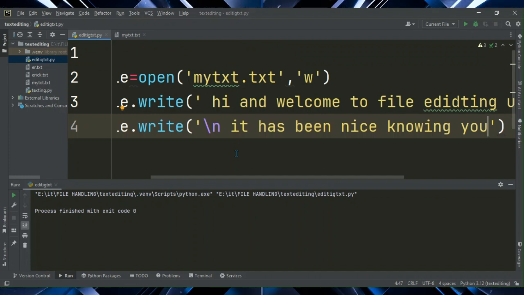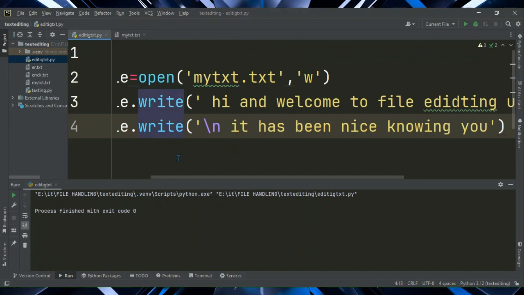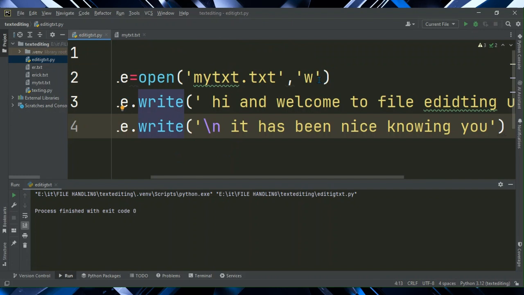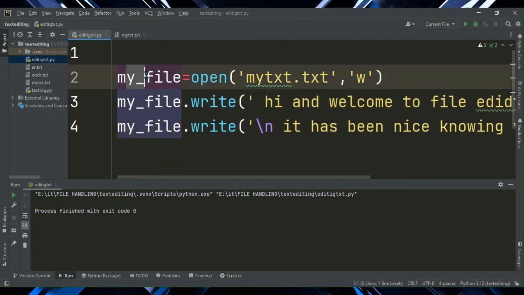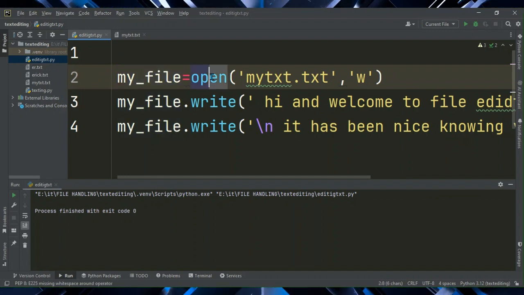And next time you're going to see how you're going to read. Just a quick review: when you want to write something on your text, create a variable, open the text